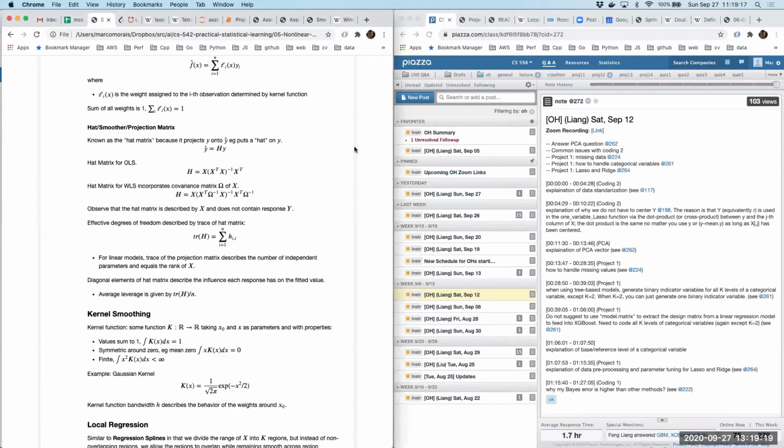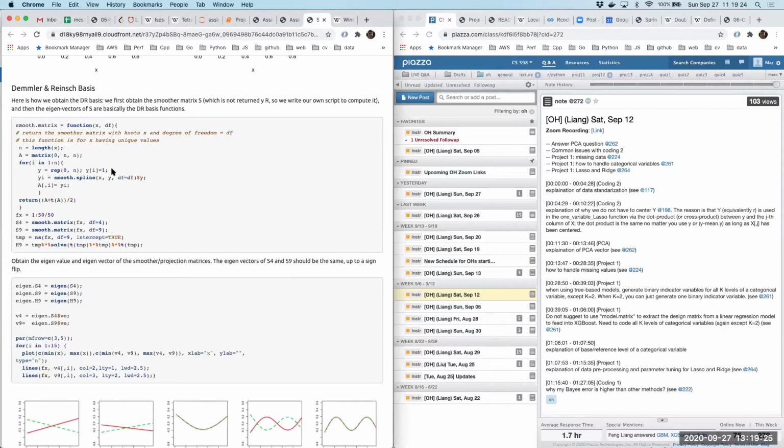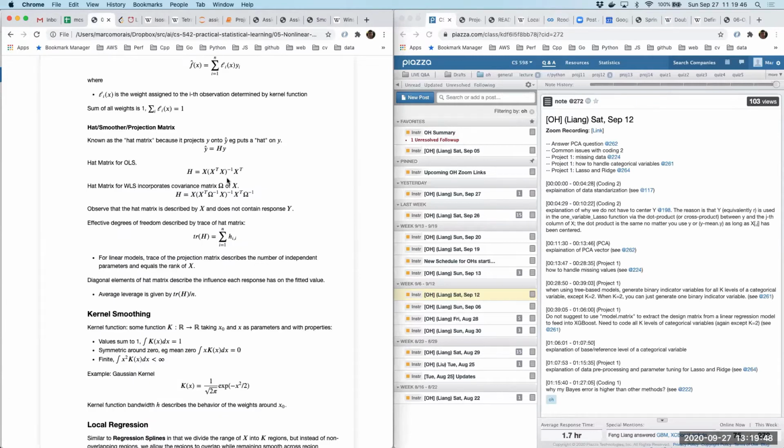Okay, so actually the question, let me move this out of the way. The question relates to when we compute the smoother matrix: why do we do, for each x, a vector where only the element at that position is set to 1? I didn't understand that, and I wanted to back up and show you these notes to make sure I understand the smoother matrix in the context